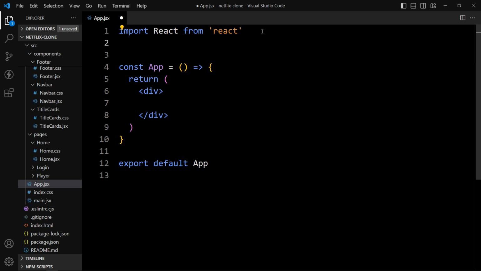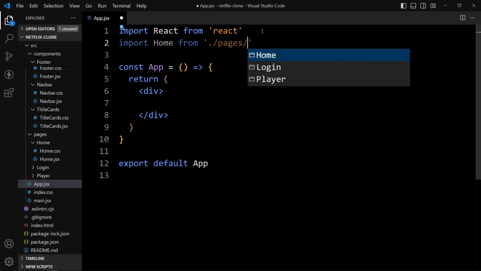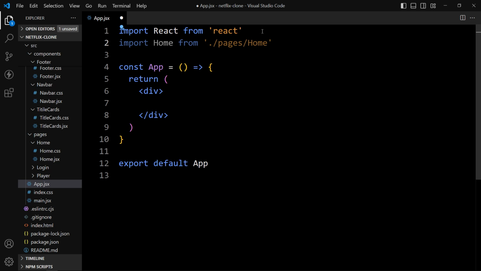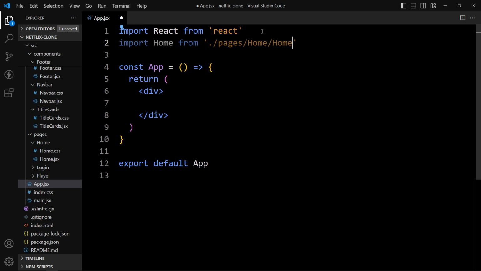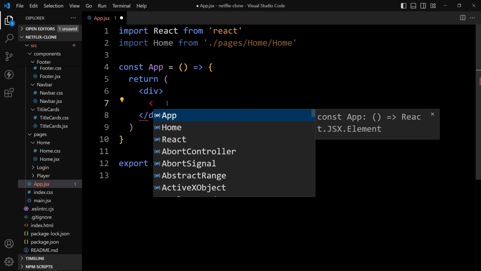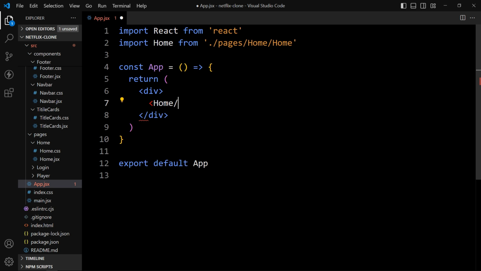So we will use the import home from ./pages/home folder, then home file, which is home.jsx file. Now we can use this home page here and close this tag.